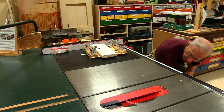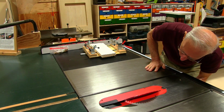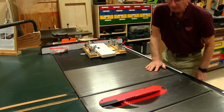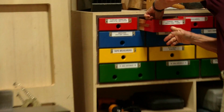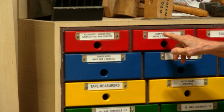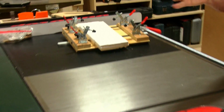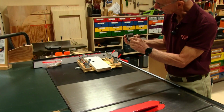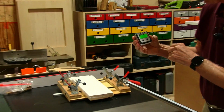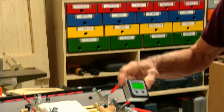So there's the stop. But we want to be as precise as we can reasonably be. So the shop has, in the red 2 drawer, the compass, bevel, etc. drawer, a Wixey gauge. We can turn it on with that button. It says error and so on. The way you use it is it's got a magnet at the bottom, so you put it on the saw